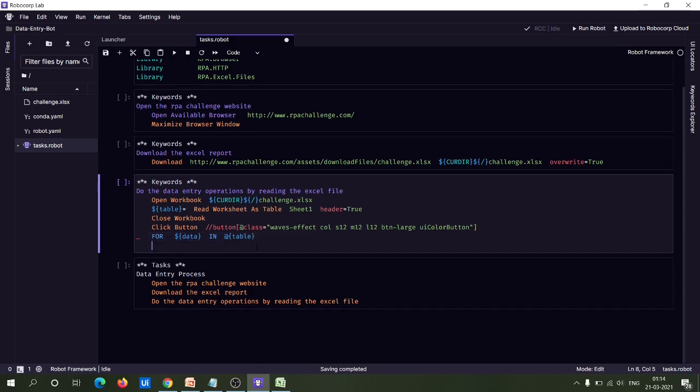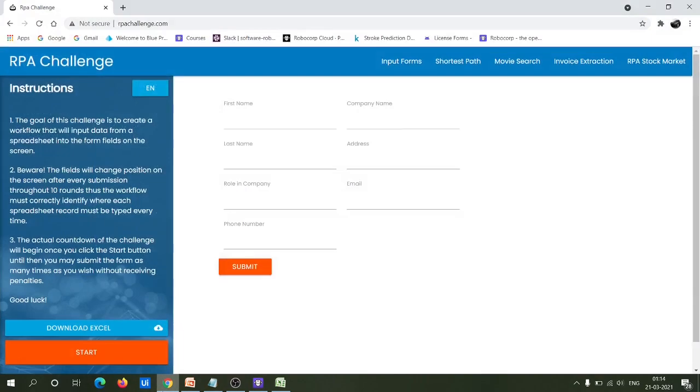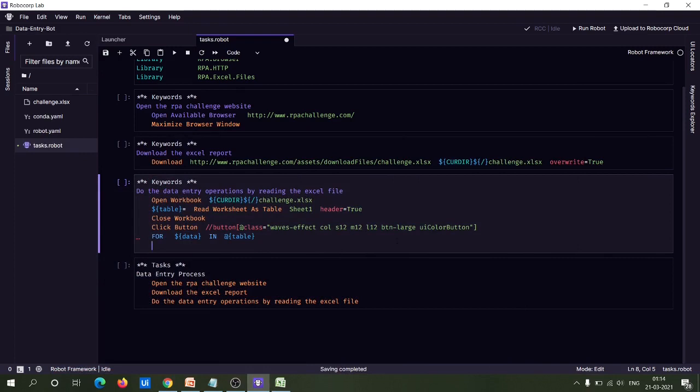Now under this loop, we have to provide the actions for this data entry operation. Since it will become a very large step when you specify it under the for loop, it's better to create a keyword which does the data entry operation for a single person by accepting each row as an argument, and likewise for all the rows.